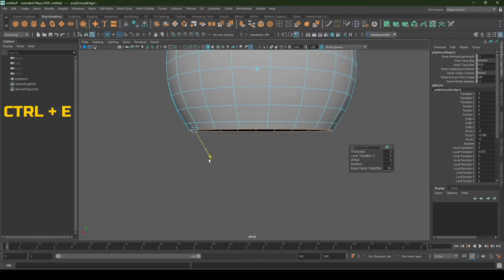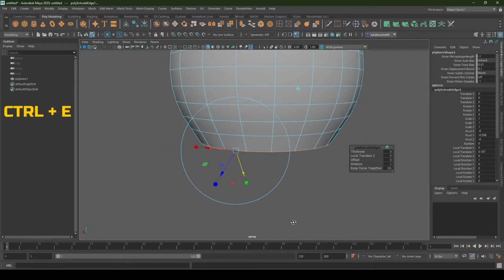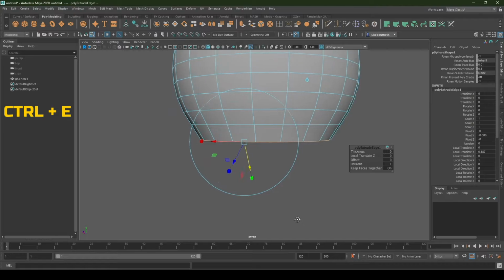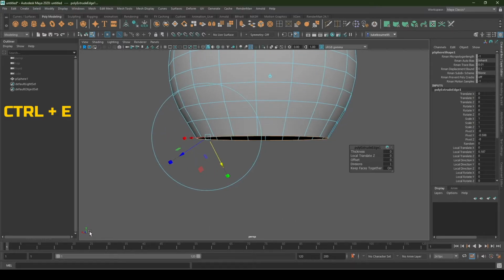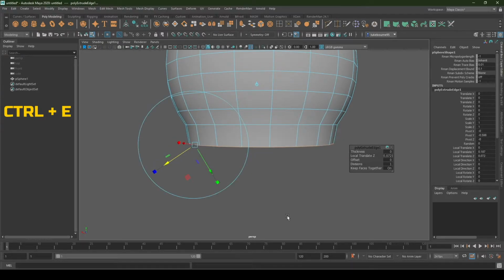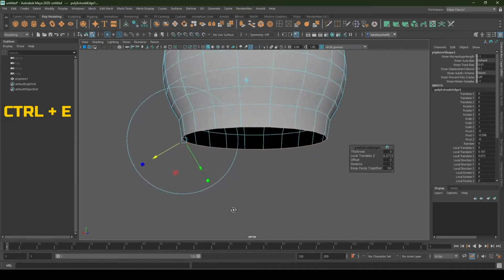If we grab this green arrow, you can see we're going to start extruding the edge downwards, or at least downwards in the axis that this tool has determined. You can see it's not the same as the world axis. The blue arrow brings it out this way. Funnily enough, for this extrude operation, we don't actually need to touch any of these controls because we're going to